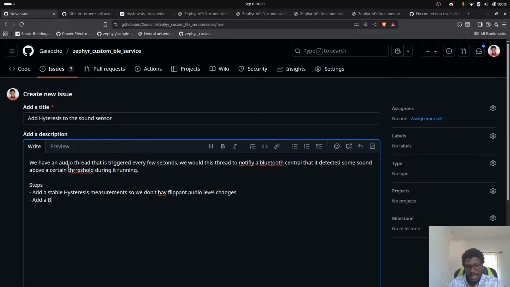Add a custom BLE service that notifies the central when there is audio above a certain threshold. Okay, so yeah,